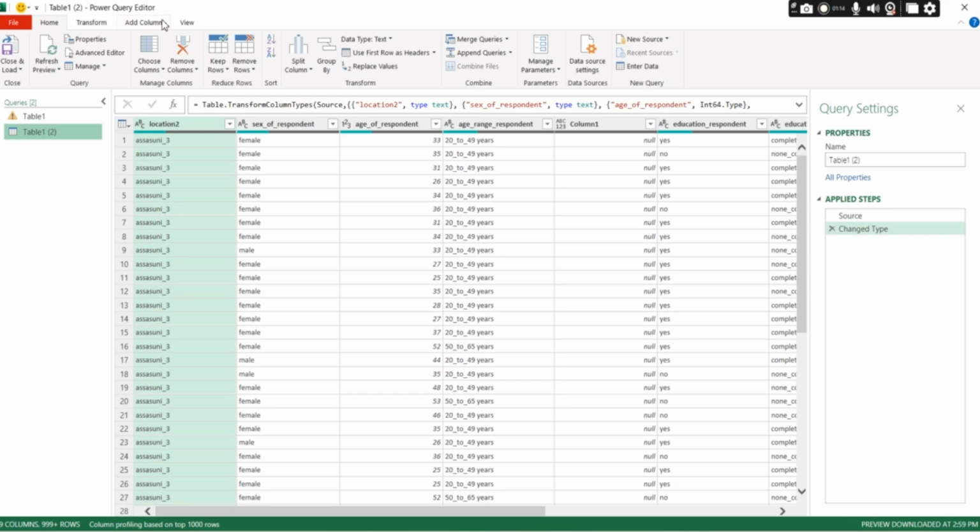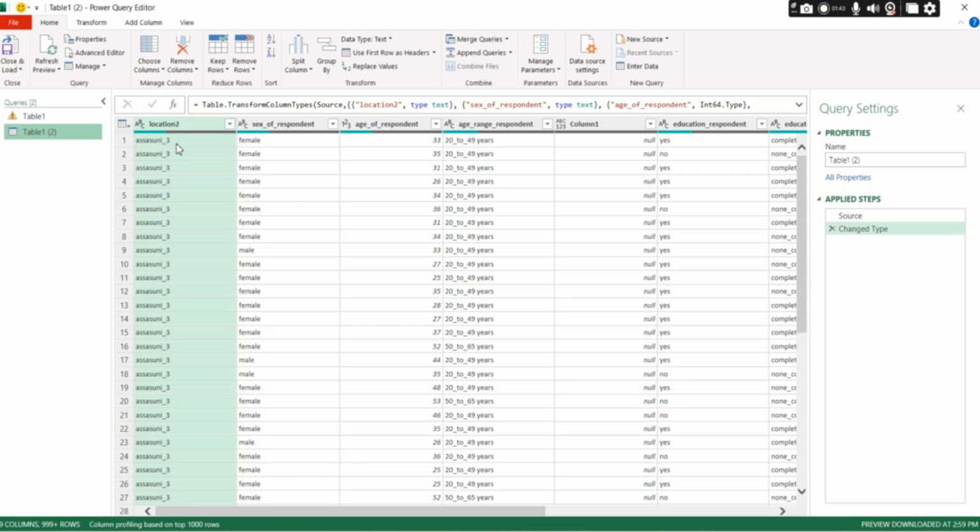First of all, from Home, let's see what we can do. Here you can see some options like split columns and group by. Here is the option "Ashashoni area -3". If in a database we need to split the number from the text, we need to do something manually.